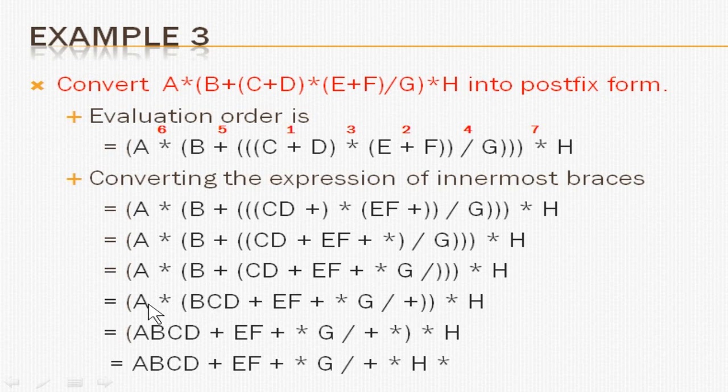Then you have the asterisk symbol in front, so this will be evaluated next. So A asterisk B will become A B asterisk. Push this asterisk symbol to the end, so you will get the next expression. You can see that it has been combined, and then finally you have the asterisk symbol here. Now finally you have asterisk H. So what you are going to do is, this will become A and this will become B. So A asterisk B becomes A B asterisk. Bring that expression together and finally put the operator at the end.